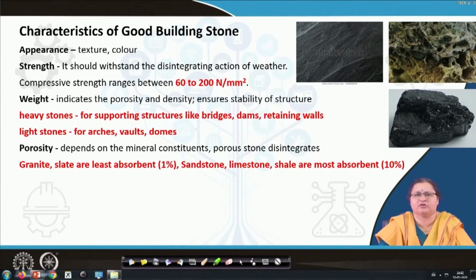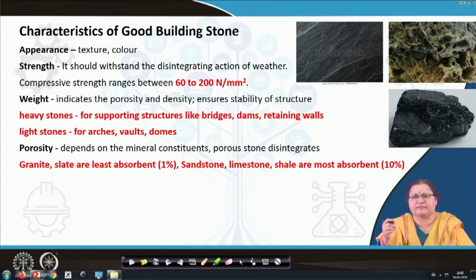stone is porous or not, and what kind of color it has, what kind of texture it has. Heavy stones obviously have higher compressive strength and they are used for supporting structures. Heavy stones are usually used for dams, construction of bridges. They can stay in water for a large time, whereas light stones you can use them for carving, arches, walls, domes,